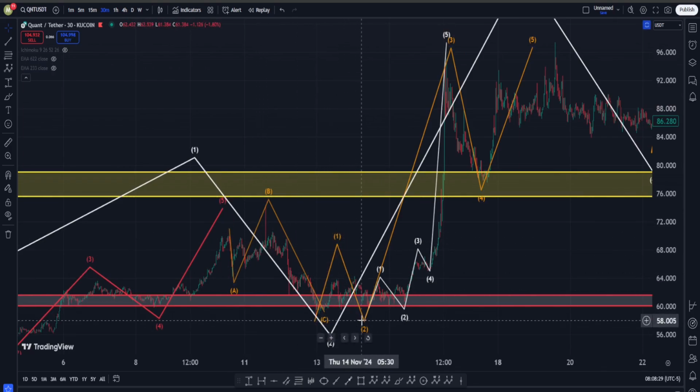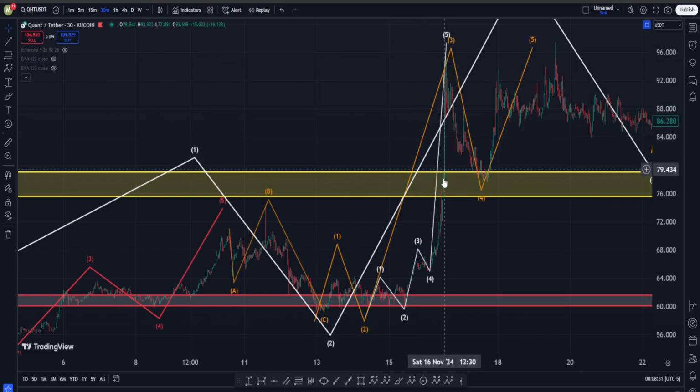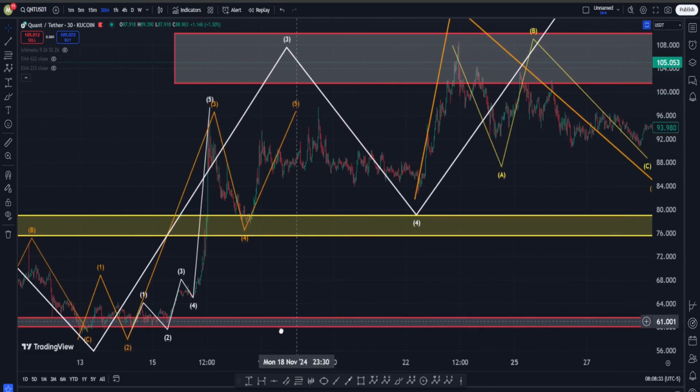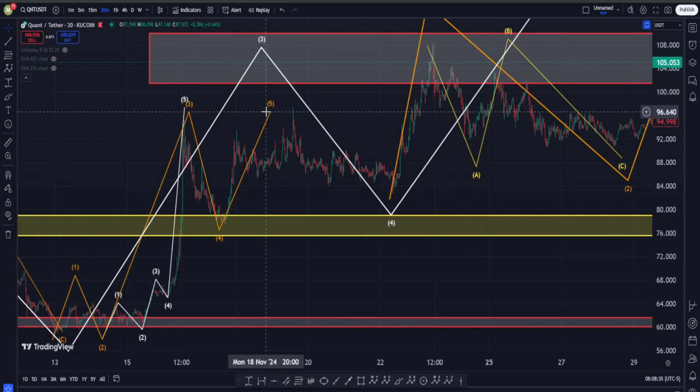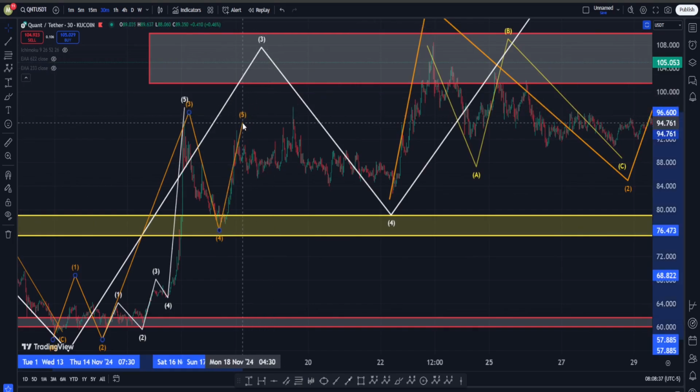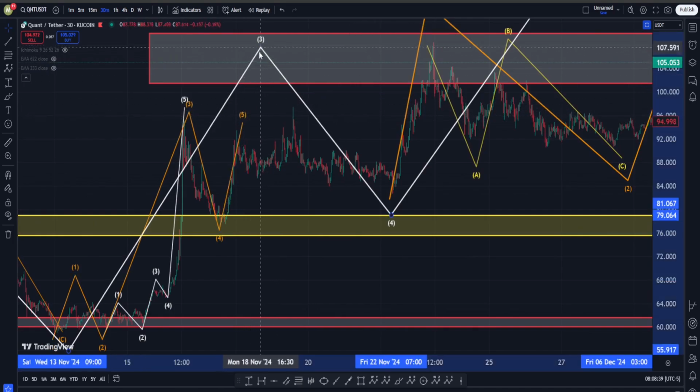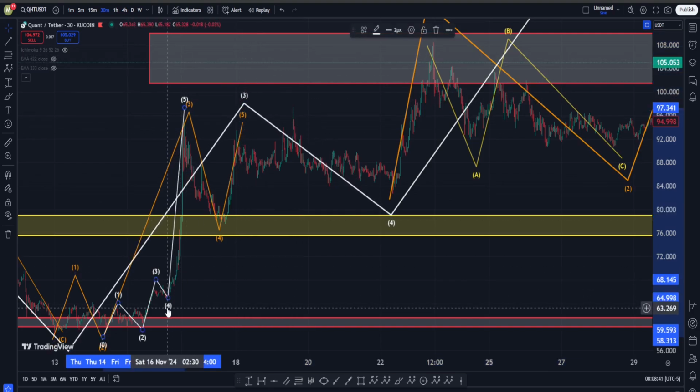This is 1, this is 2, 1, 2, 3, 4, 5 up into wave 3, correction for 4, and we can say this is another move on the upside into our wave 5 to about here, into this larger degree wave 3, followed